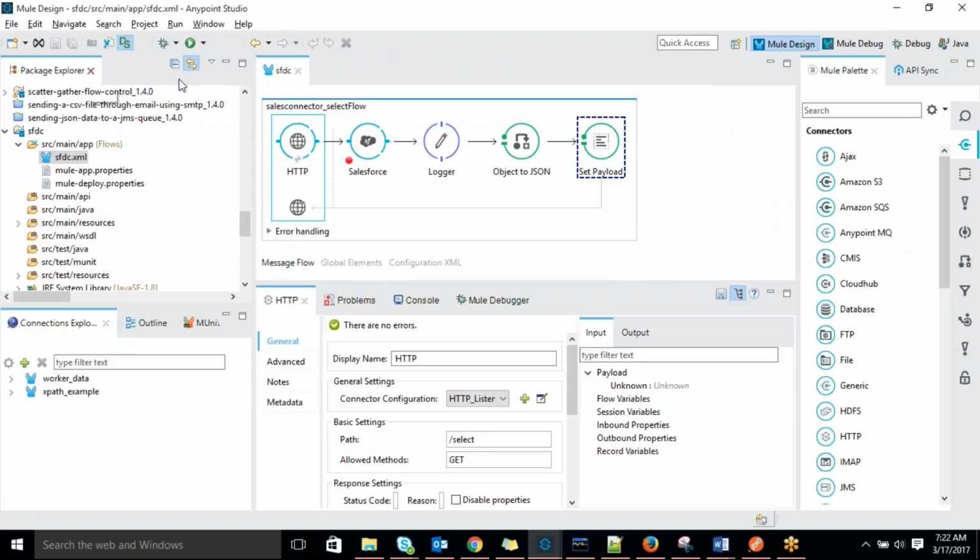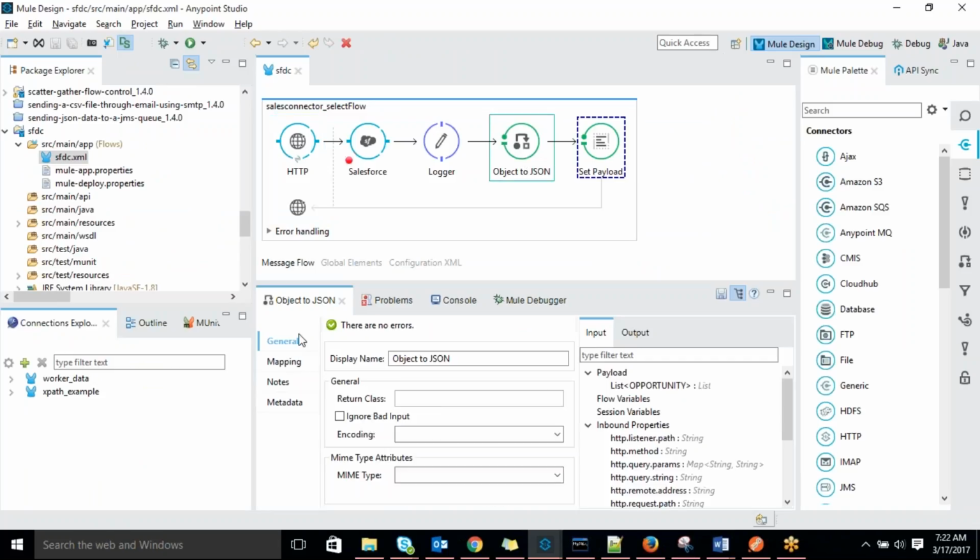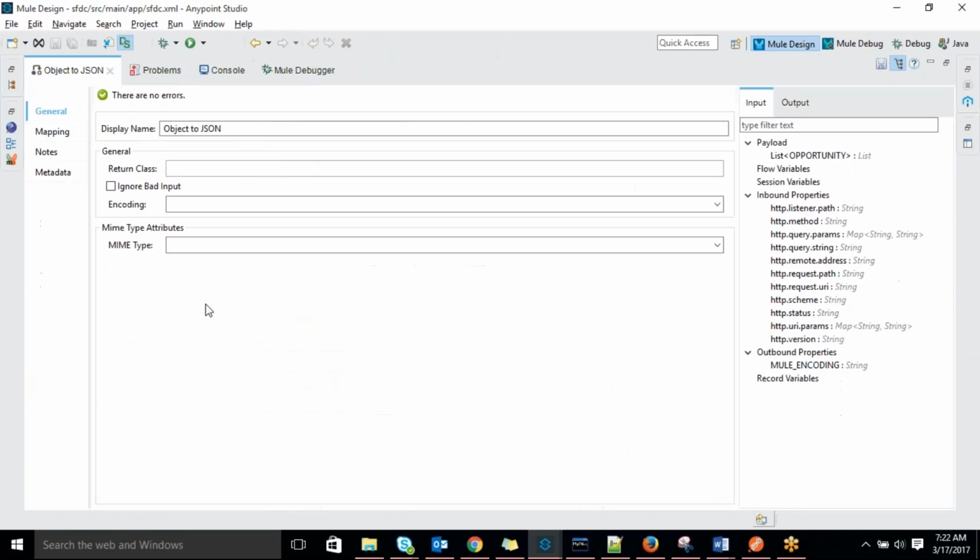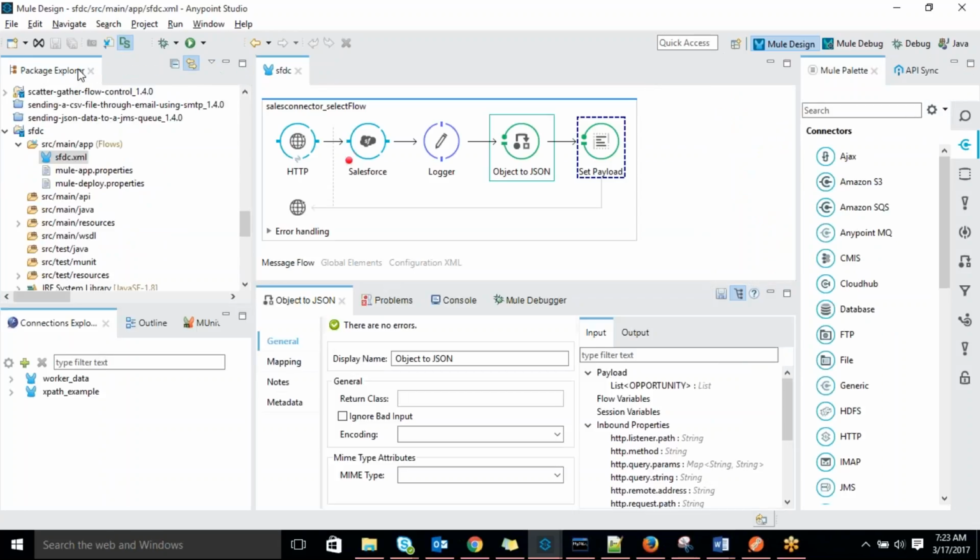sorry, so in this object you can also mention the output class name, what type of return class it is. Suppose I want to get a map, so for that object name you can mention java.util.LinkedHashMap. That way, whatever return class you expect, you can convert it into that format. Okay, so